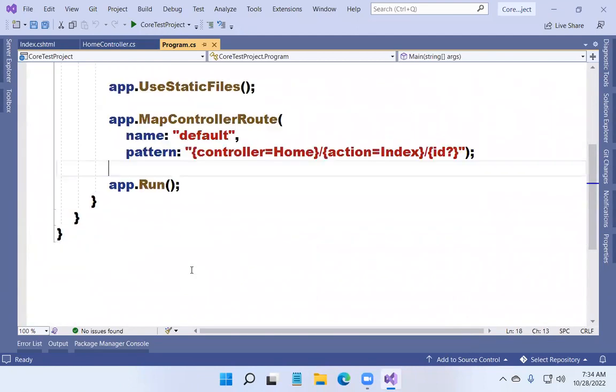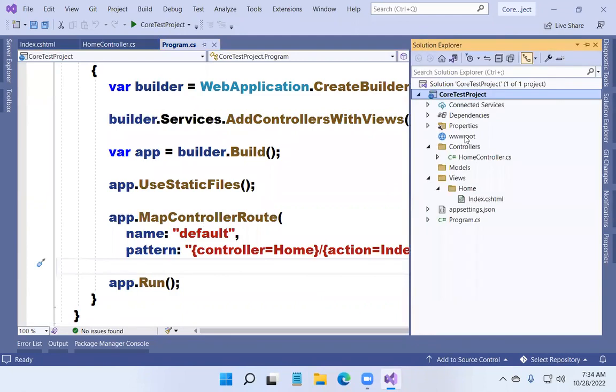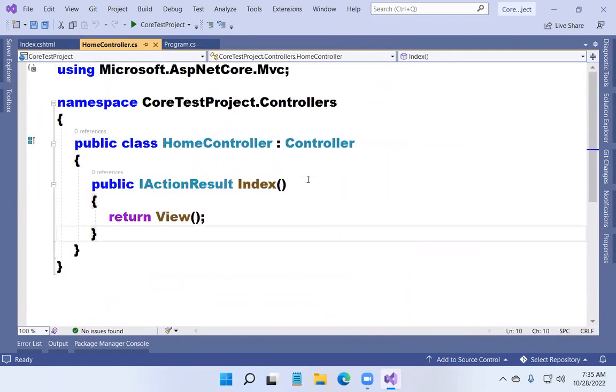Okay, fine. The next thing we did is we added a wwwroot folder, a controllers folder, a models folder, and a views folder, all the folders. Then we added one controller called home controller with a method index, and for that we added a view also. And one thing I said to you is, there and here, the parent class is